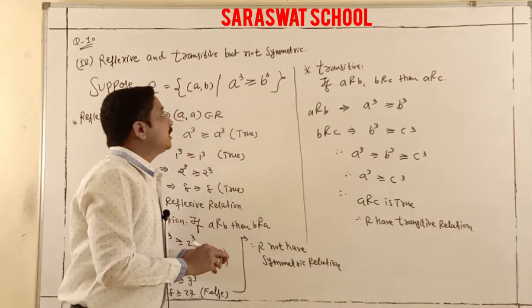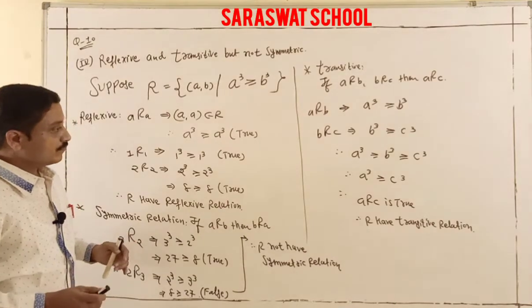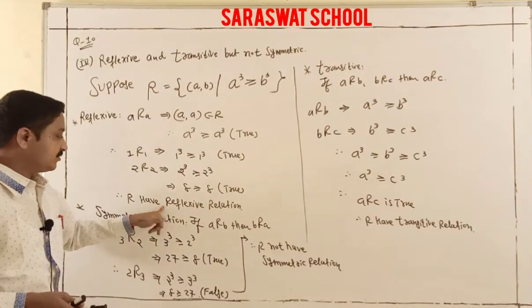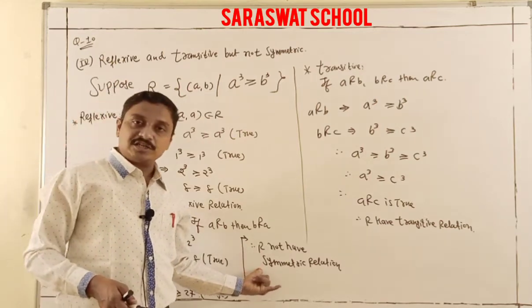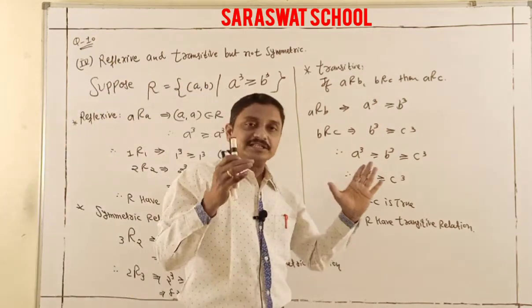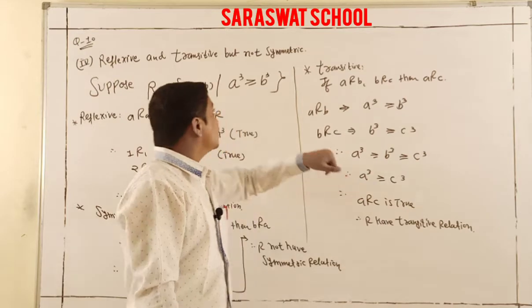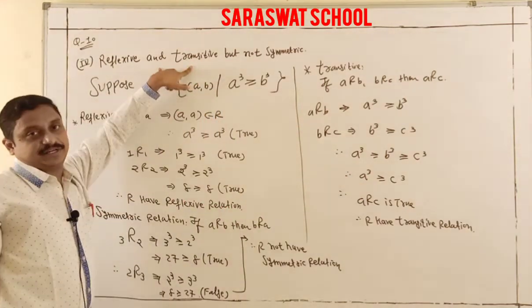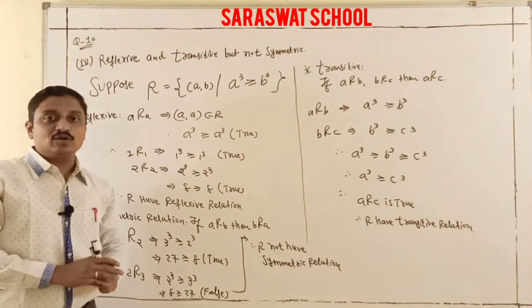Students, here our valid relation is transitive. Yes, it is true. Reflexive done, second not symmetric, and last complete transitive. So the transitive relation is done. Yes, reflexive and transitive done, but not symmetric. Now after that I go ahead to the fifth one.